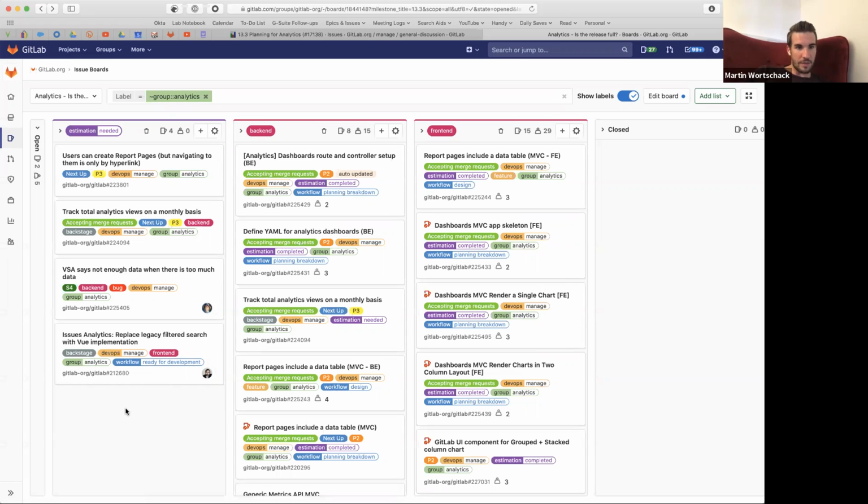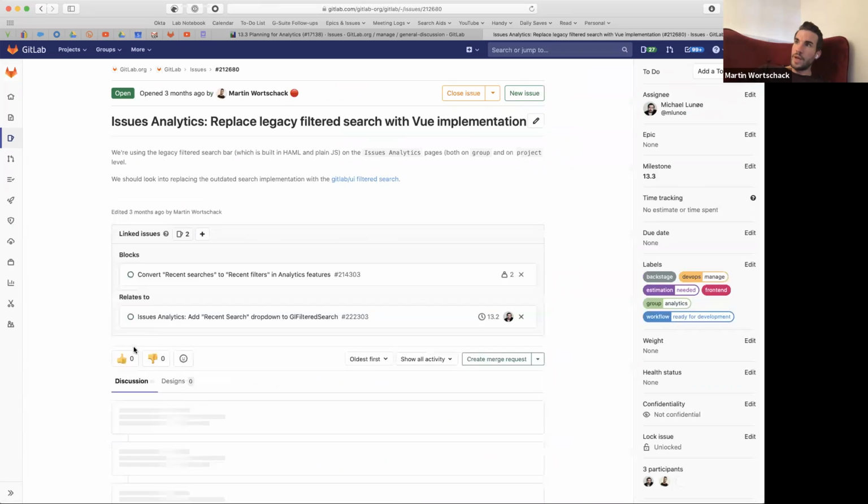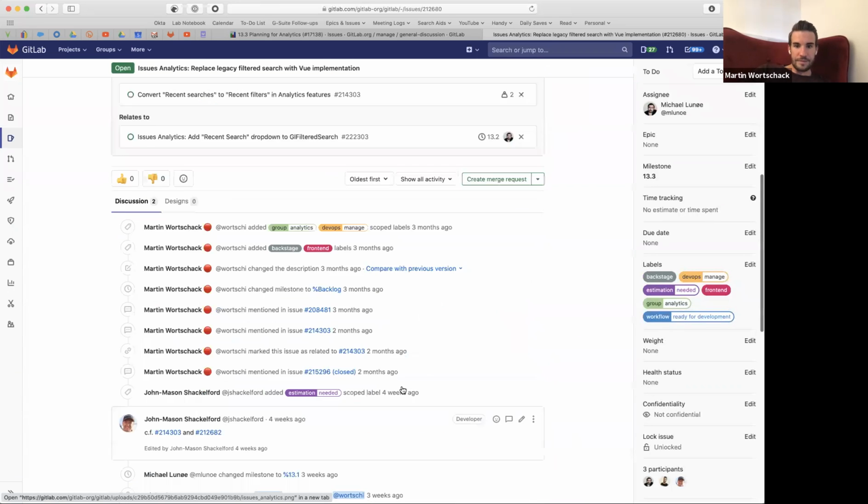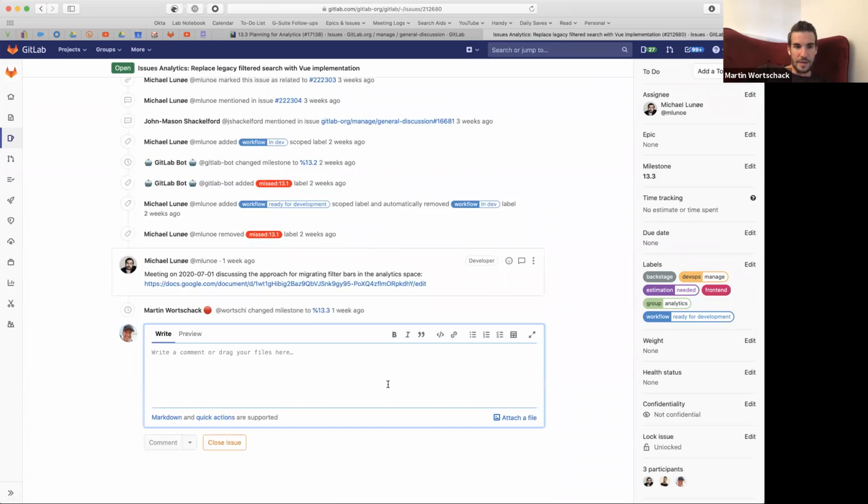I talked to Michael about that, and he wants to take the lead on it. I believe we should also move that to the front end column. I guess we can probably add a weight of... trying not to be too optimistic, but let's add a weight of 3 for now. Or I can estimate it afterwards. I'll just double check with Michael again to see what he thinks this would be.